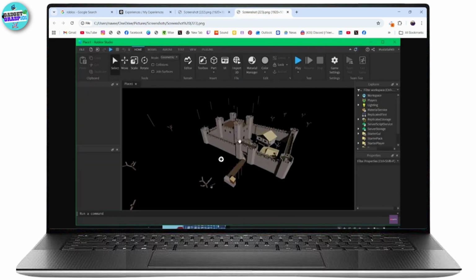Once you select your template, Roblox Studio will launch in your browser, opening your new experience. And here you can use the built-in tools and scripts and features to create your Roblox world. The possibilities are endless. Explore Roblox Studio tutorials and resources to unleash your